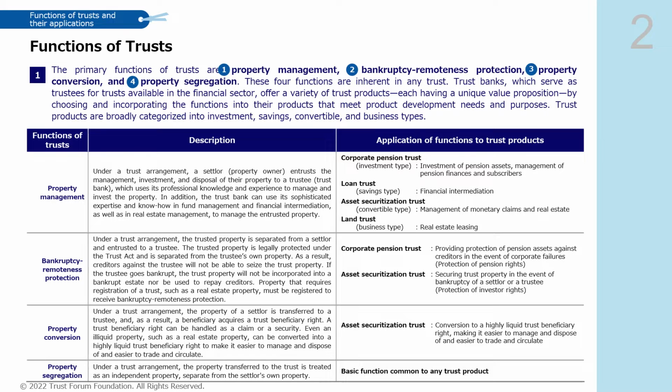In our earlier session about the basics of trusts, I talked about how trusts work. A trust is a property management arrangement under which you entrust the management and disposal of your property to someone you trust. The profit the property yields is returned to you or someone you designate, such as family members. In a trust arrangement, one who entrusts the management and disposal of property to someone else for a purpose is called a settlor. One entrusted by a settlor to do so is called a trustee, and one who receives benefits from the property is called a beneficiary.